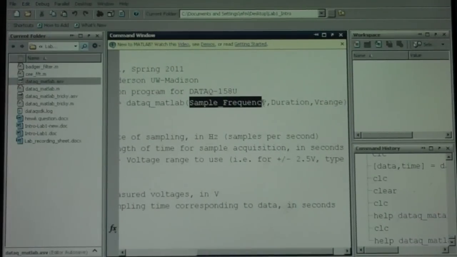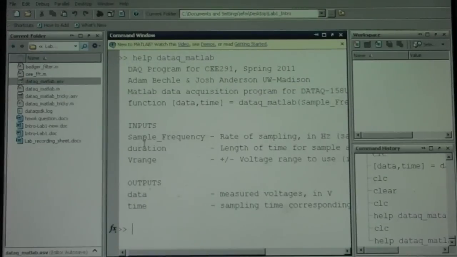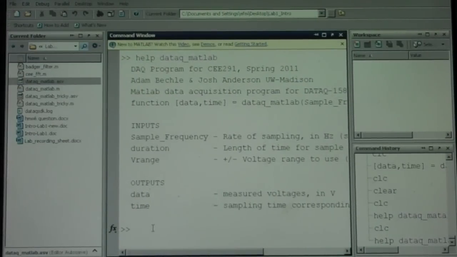We have to give it sample frequency, duration for which to sample, and then a V range, so what voltage range of the device we want to use. And all these parameters are defined down here, as well as the outputs. So let's go ahead and use the program. So again, looking at the help file, the first thing we type in is data and time. These are our output variables,